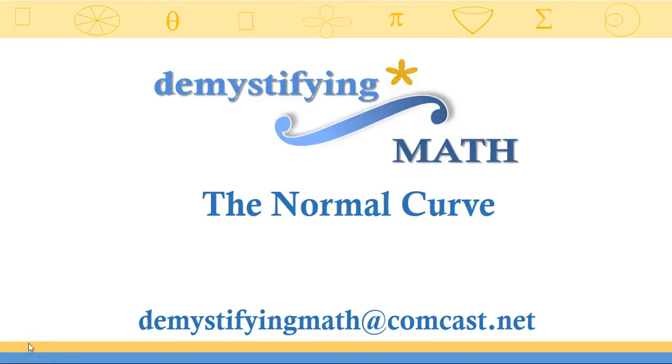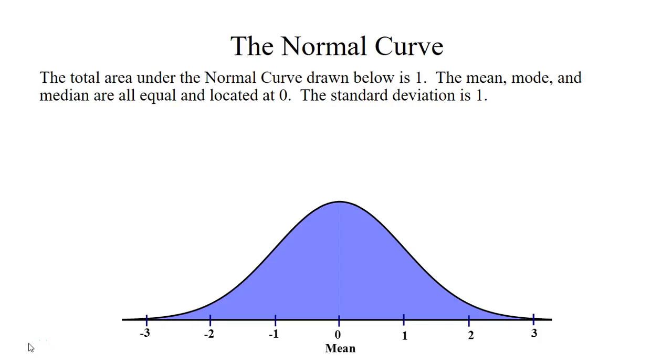Welcome to Demystifying Math. In this lesson, we're going to be discussing the normal curve. A normal curve is drawn. The area between the curve and the horizontal axis is 1, or you could think of it as 100% of the area. The normal curve will be representing a set of data values, where it is normally distributed with a